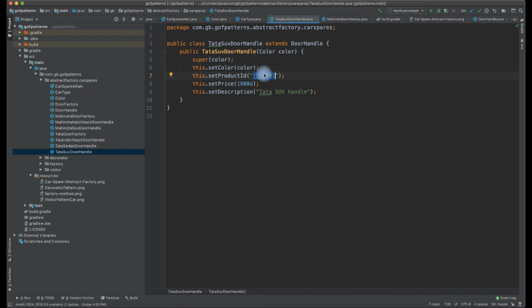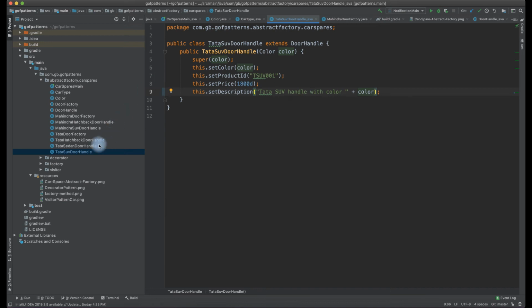But I've just hard coded it for this example, and the price may come from a different pricing method in a real implementation, but I have hard coded the price, and I'm setting the description saying that this is the Tata SUV handle. We can also have a description like this, with color plus color.